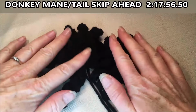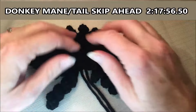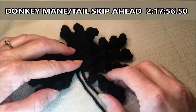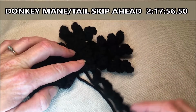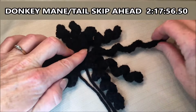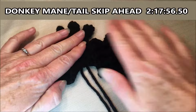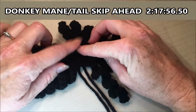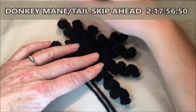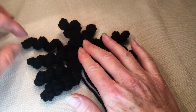Okay, so I'm just going to quickly show you what the mane is going to look like. I know it's hard to see, but what we're going to be doing is making a chain down the center. And then on one side, we're going to start making these long chains. We're going to be doing 4 of them, and each time we're going to be coming back and slip stitching in the chain. And then when we get up to the top end, we're going to do 3 shorter ones. Then we're going to come back the other side of that chain and match it and do 4 more